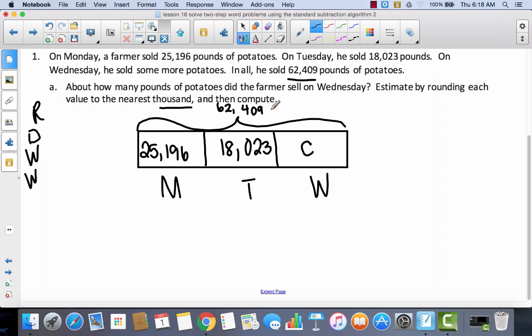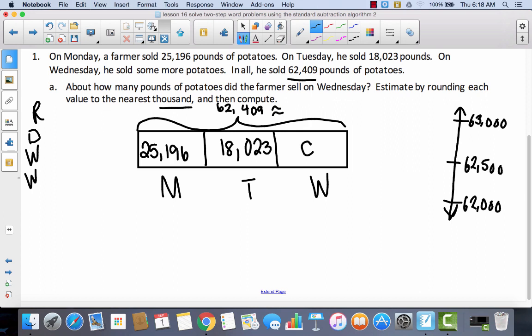So I've got 62,409. How many thousands are in this number? 62,000, right? I'm going to go ahead and draw a vertical number line. You don't have to draw this vertical number line, but I do want you to watch it with me because I want you to understand that this is what you should be thinking in your head. And until you can see this in your head, you need to draw it. So there are 62,000 thousands. One more thousand would be 63, and this is how you write 63,000. My halfway point would be